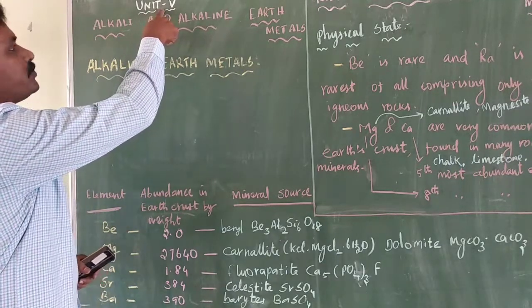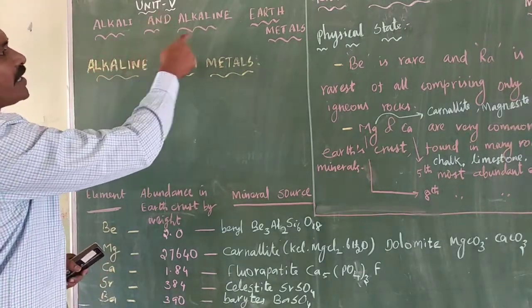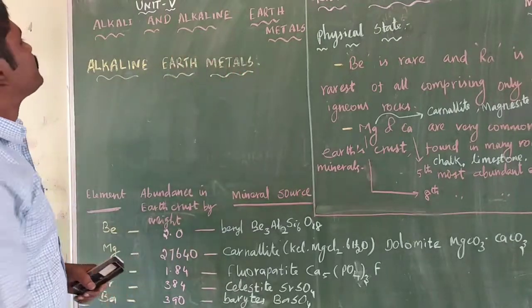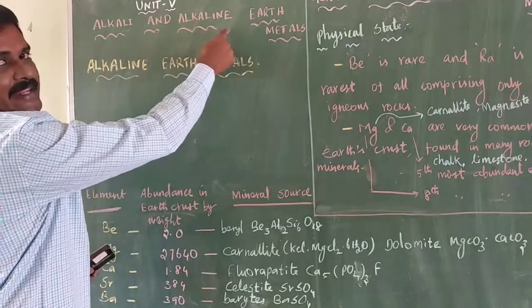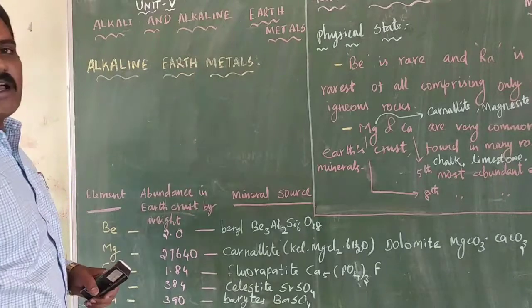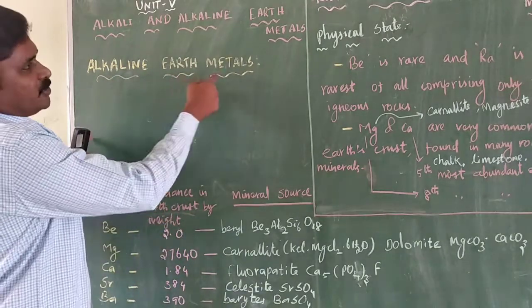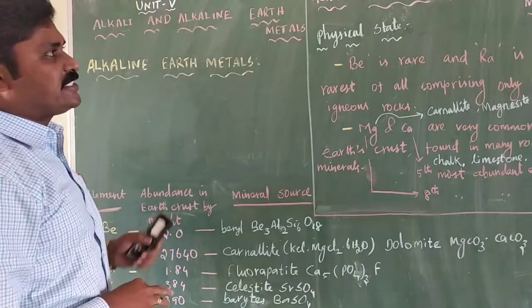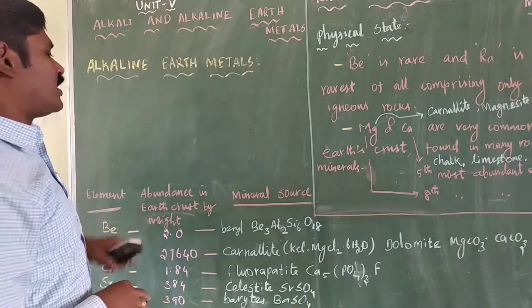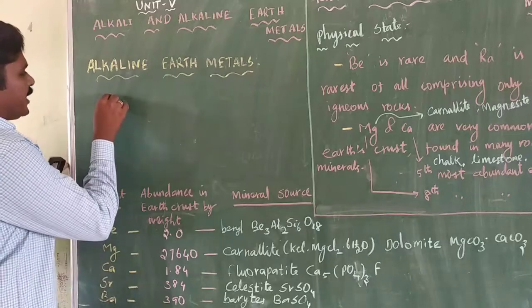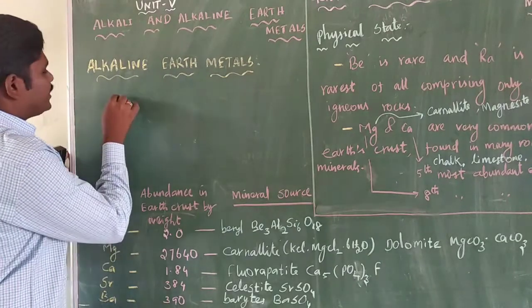Unit 5, Alkali and Alkaline Earth Metals. In this session, I am going to teach the Alkaline Earth Metals, the general characteristics of Alkaline Earth Metals. The modern periodic table